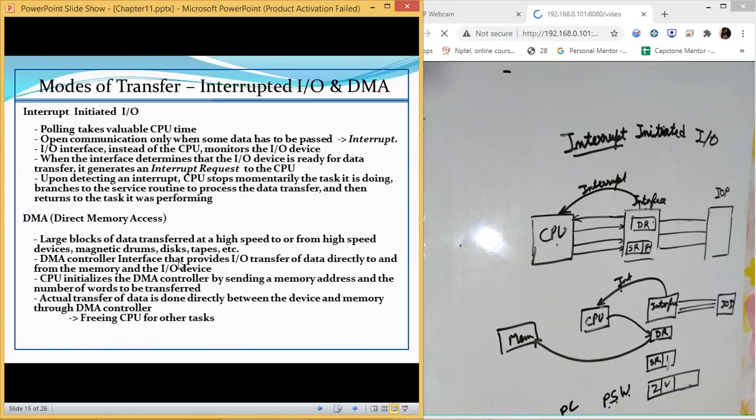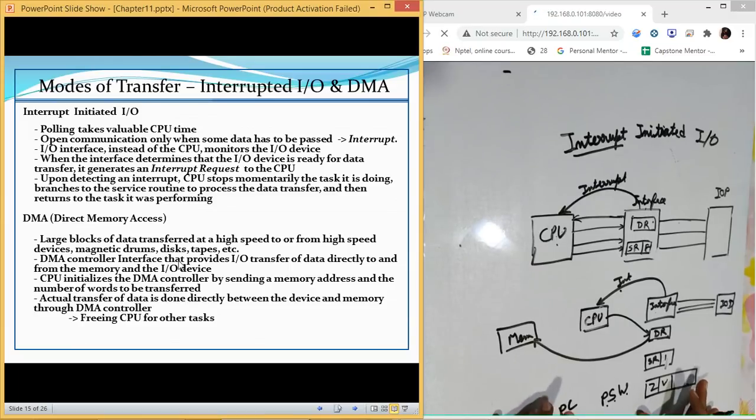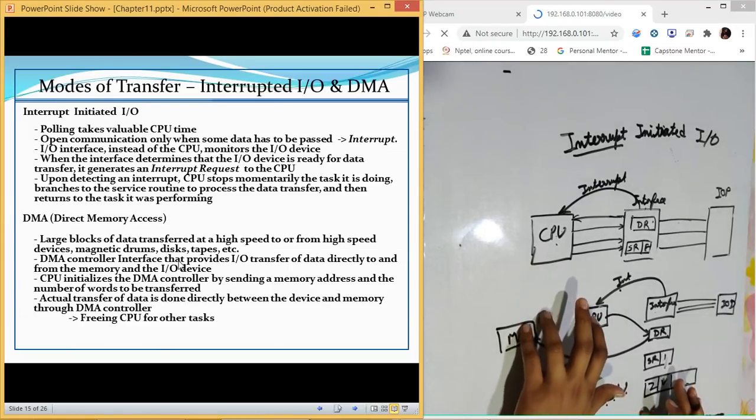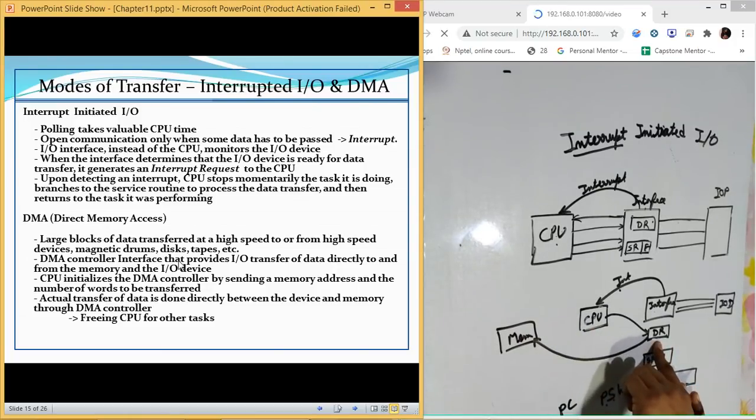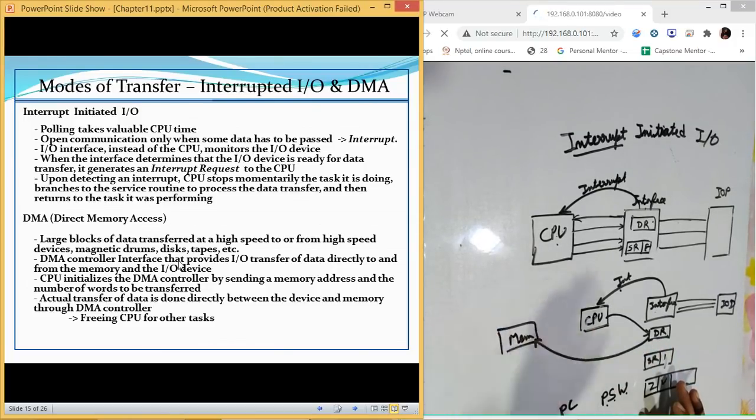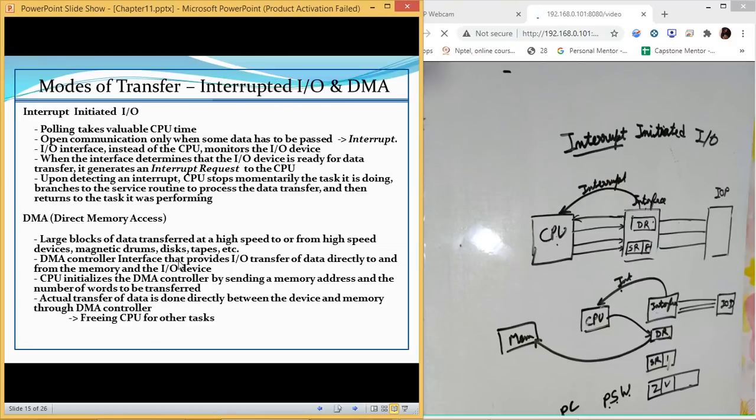We have discussed about that in the last class. So it will store those addresses wherever it needs to store the addresses. Once it stores it, then it will stop the processing of the existing command, and then it will pick up the data from DR and transfer it to memory. Now, this was the task of CPU in the case of interrupt initiated input output.